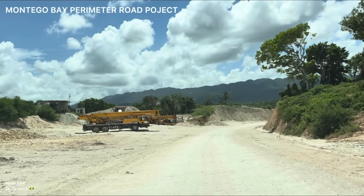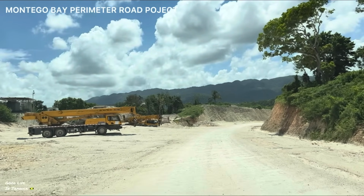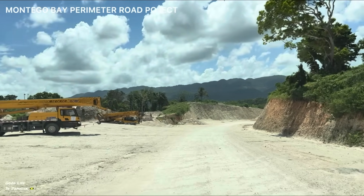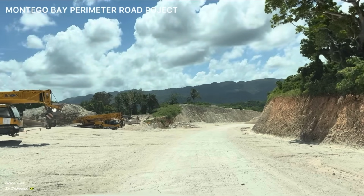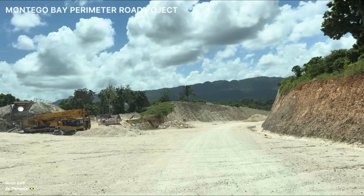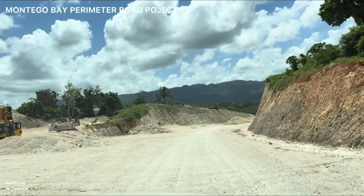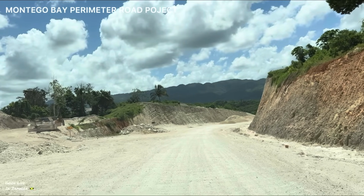And it is not that the government is doing it in a sense, Mr. Speaker. It is that it has its own energy, and persons have already started to develop along the corridor. And so we bear that in mind as we develop the road. That is going to be the boulevard through a main urban center. So, Mr. Speaker,